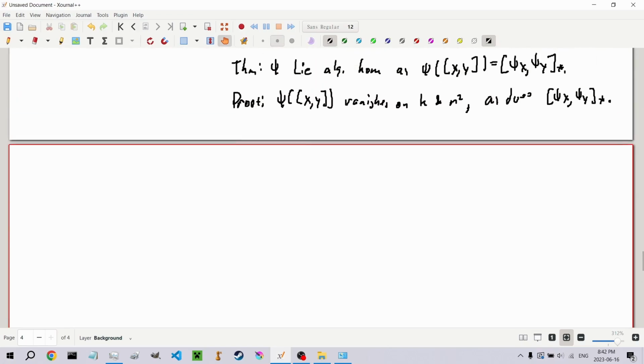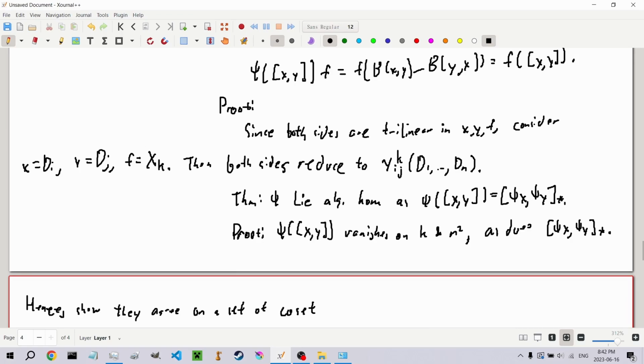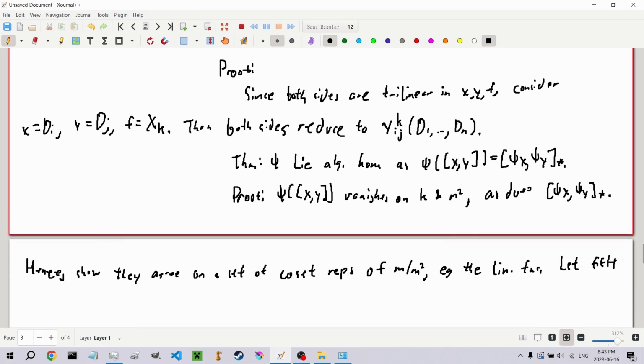Alright, new page. So hence we can show they agree on a set of coset representatives of m over m squared, e.g. the linear functions. So we're going to let f and h be linear. Then